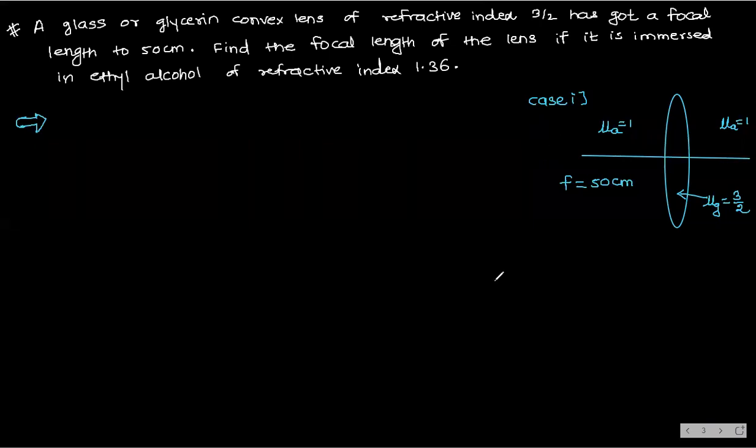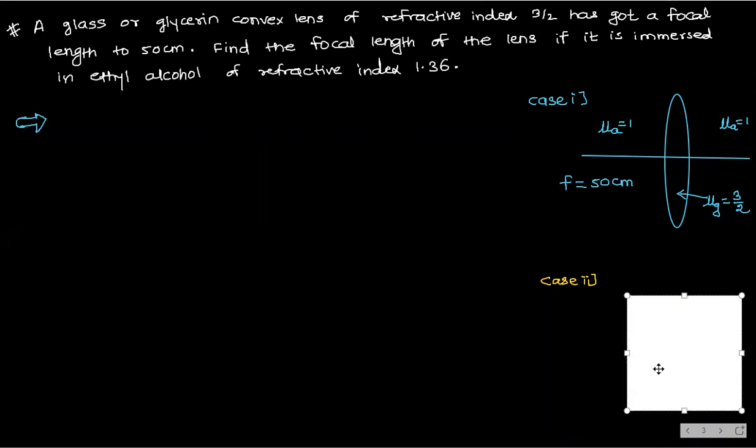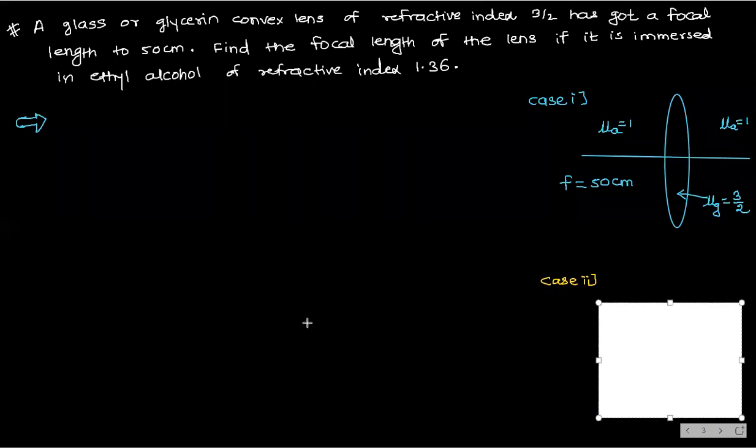Now in case 2, what they are doing, in case 2, see here, this is a lens and they are immersing it into the liquid. तो मैं क्या करता हूँ, पहले इसको व्हाइट वाला लिक्विड लेता हूँ, है ना. ये है आपका इथिल अल्कोहल, समझो, this is ethyl alcohol, and in this ethyl alcohol you have immersed this lens. इसको मैं कलर भी चेंज कर दूंगा ताकि आपको अच्छे से दिख जाए. ये भी नहीं दिख रहा है अच्छे से, इसको भी निकालो, ये अच्छे से दिखेगा. Now this lens you can see.